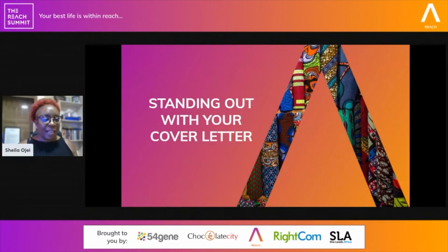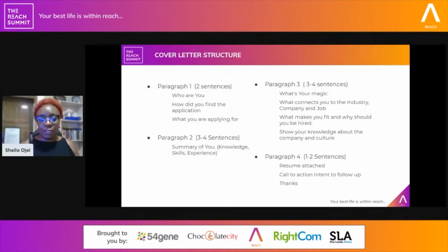Now, how do we stand out with your cover letter, which is part of the, we say we have 3, and so we have 1, 2, 3. I'm spending so much time on the CV part and the cover letter part because that is actually the foundation of a lot of things. Once you have this part sorted, everything else just sort of flows going forward, right? So, standing out with your cover letter. A cover letter clearly says why you are the best talent for a position. Most of us don't like writing cover letters, and I totally understand it can be stressful. But